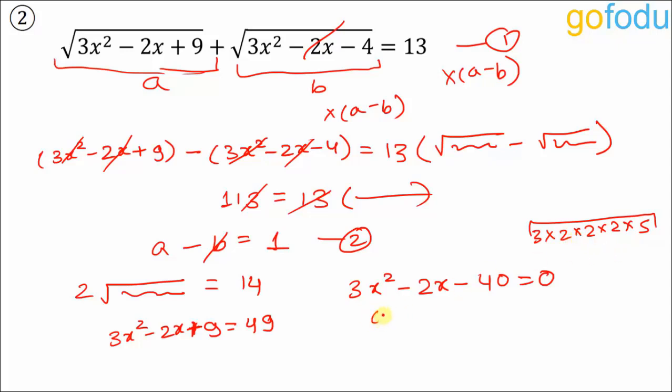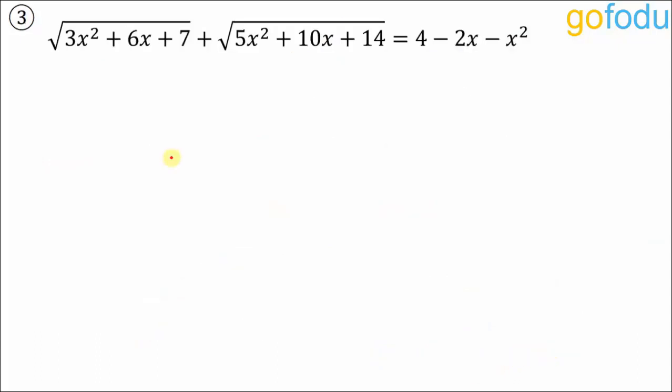So this will get factorized as 3 into x minus 12 upon 3 into x plus 10 upon 3. We have to divide by the coefficient of x square. This we have seen in how to solve quadratic equations, right? And this will be equal to 0. What comes outside the bracket is coefficient of x square. Okay. This is how it will get factorized. So x will come out as 4 and minus 10 by 3. Next question.